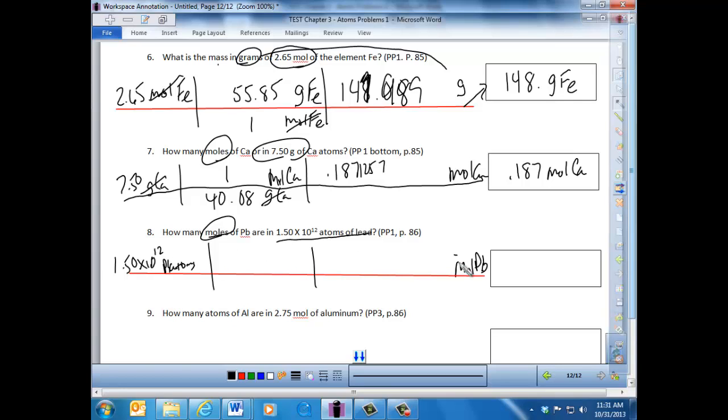But anyway, the important thing here is we have the same answer unit in the numerator, given unit in the denominator. This is lead atoms. And again, 1 mole of any type of atom is equal to 6.022 times 10 to the 23. These units will cancel because we're going to divide by this. So we're multiplying across here and dividing everything in the denominator. And this comes out to